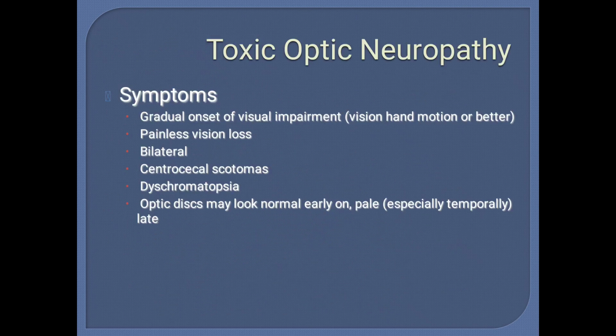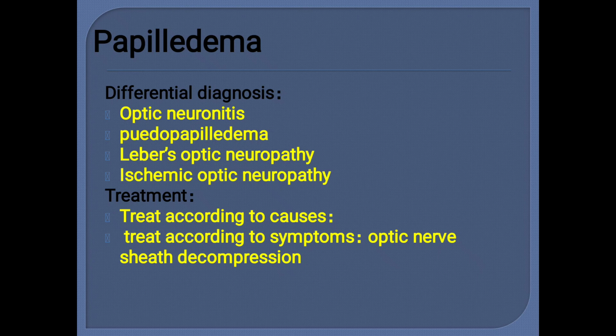So what do we do for papilledema? We must find out the cause. The first thing we should do is neuroimaging to rule out any intracranial space occupying lesion. And if we don't find any cause, then it is usually because of benign intracranial hypertension, also called pseudotumor cerebri. So how to diagnose that? We might have to do a guarded lumbar puncture to find out the raised intracranial pressure.